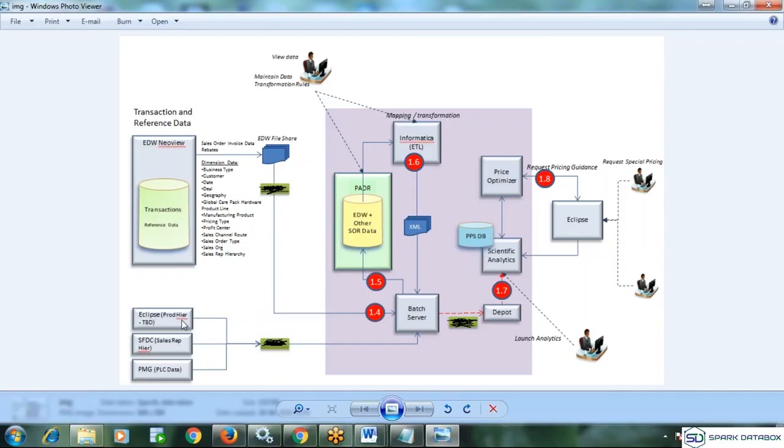Because of that, instead of direct interaction, they provide the required information in the format of flat files. That is the reason flat files come into the picture in an ETL life cycle. They load them into one Unix server, and from there we load them into a temporary staging database.